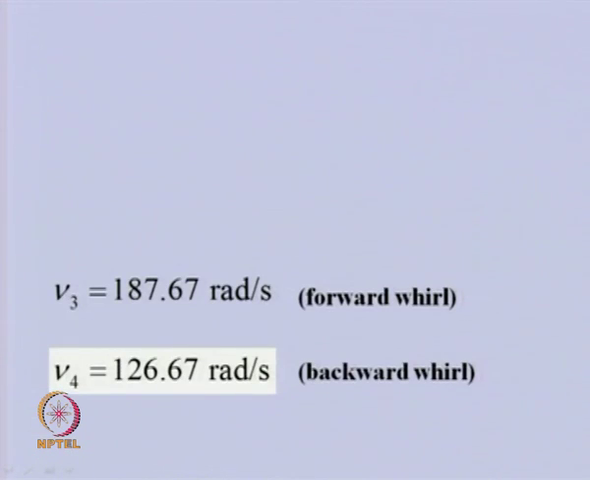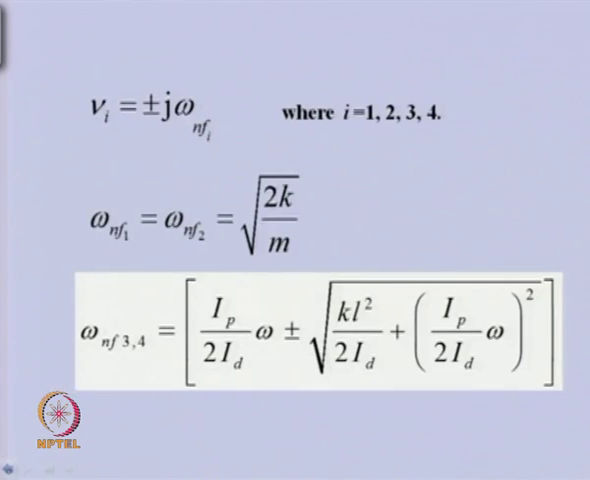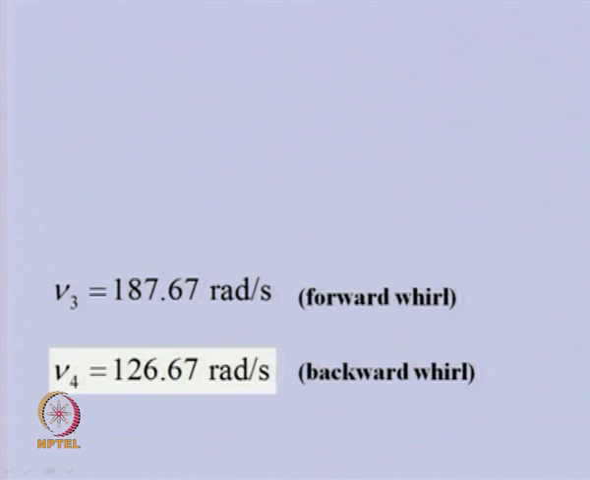So, if you substitute various values for 10,000 RPM, especially in the second and third equation, we are able to get the third and fourth natural frequency like this. Now,